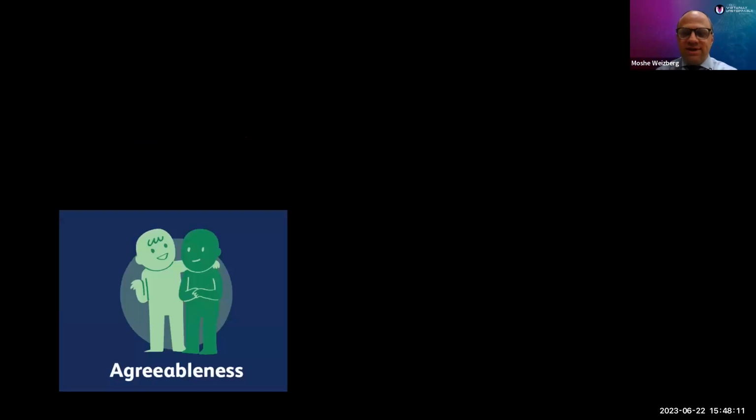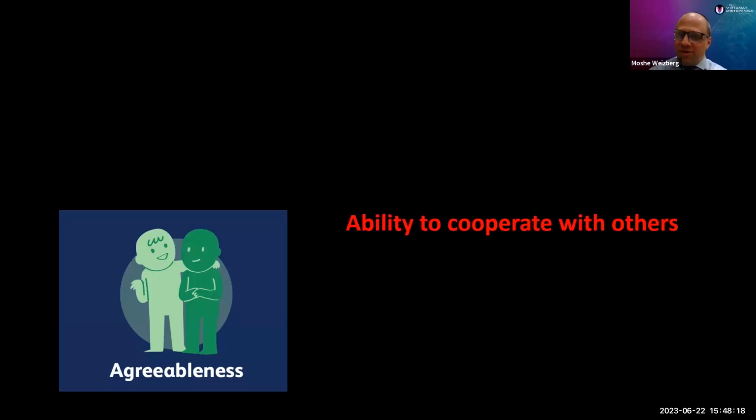The fourth personality trait that has been associated with success in business is agreeableness, which means to get along with other people. And you may want to think about this as the corollary of systems-based practice. We know in emergency departments, we work with other people and other roles and other parts of the healthcare system every single day.